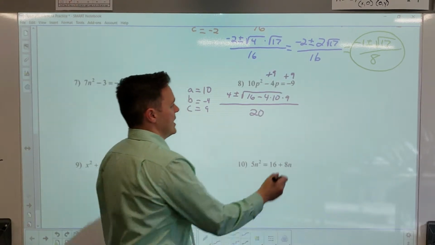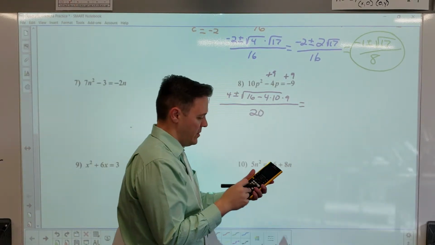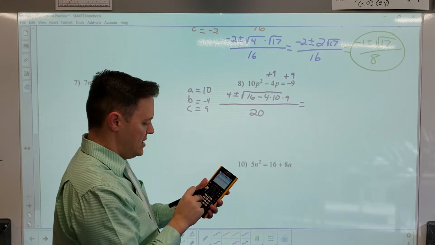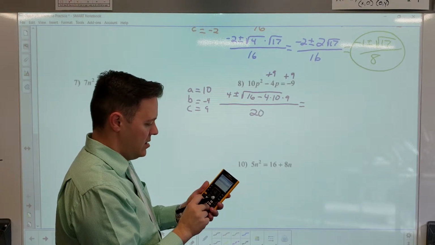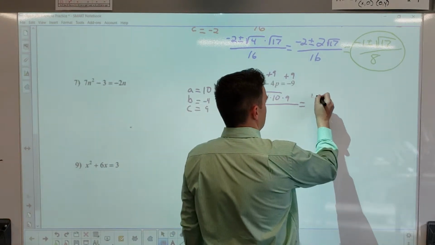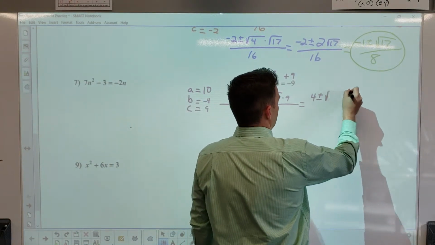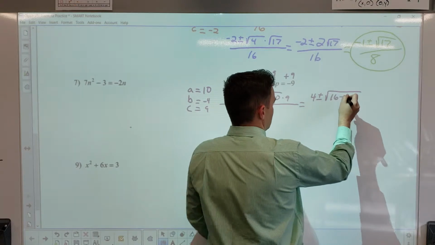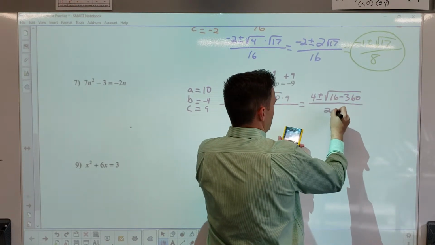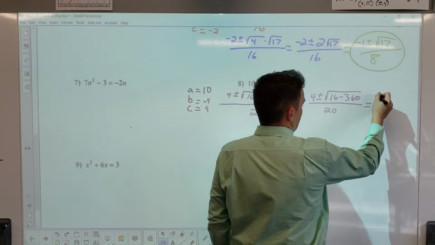All right, and then work it out here, multiply it together. So on my calculator, this time I'll go -4, and it's times 10 times 9. All right, and I get a -360. If it's a -360, then that means this value here doesn't change. It's still a negative, all over 20. And when you simplify it out,